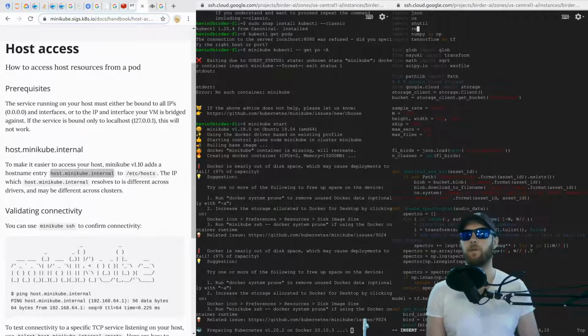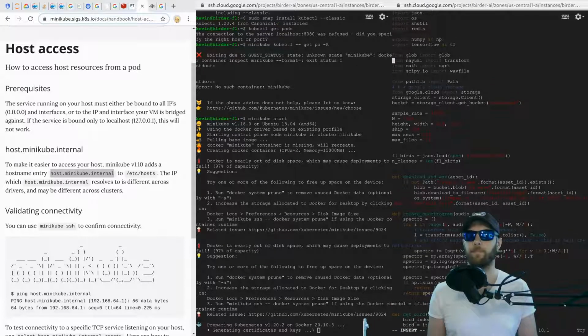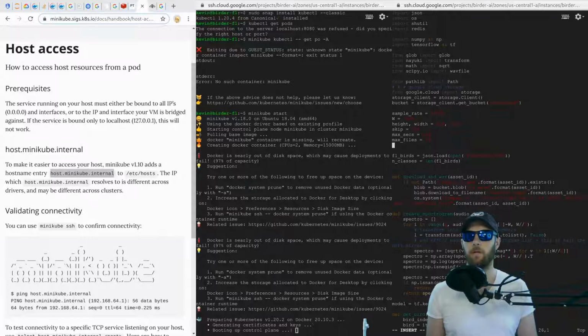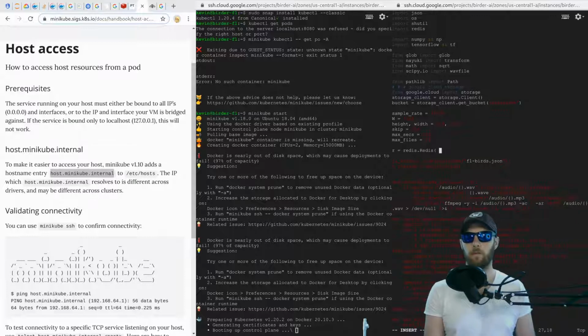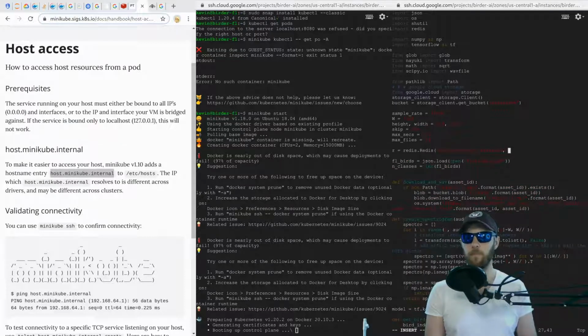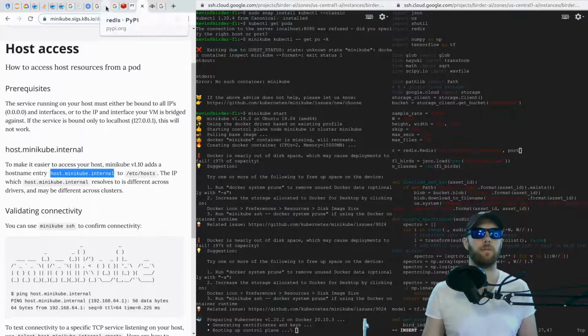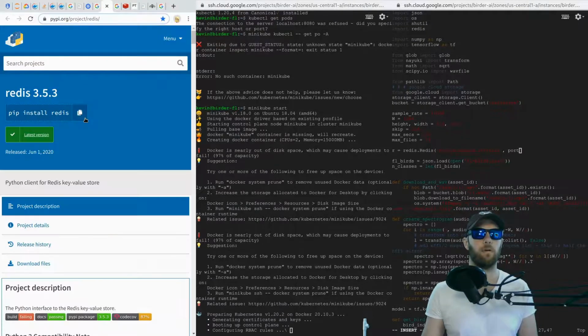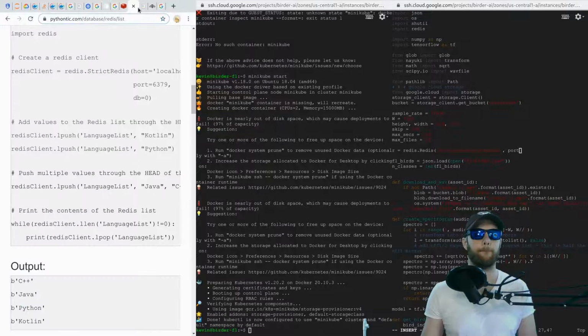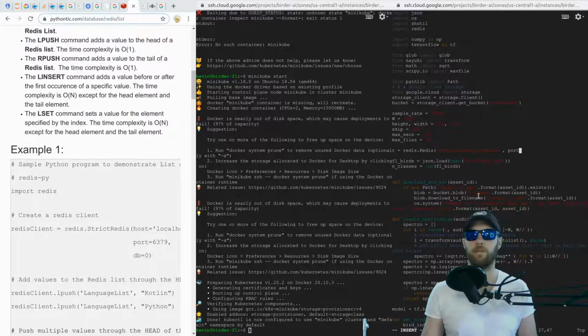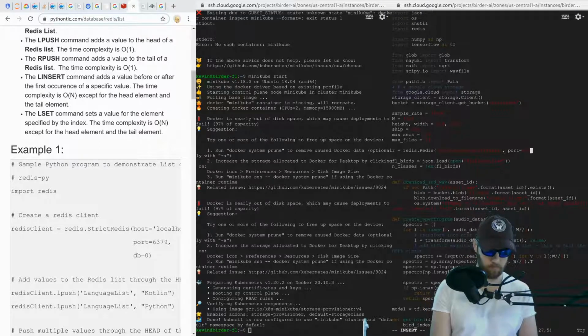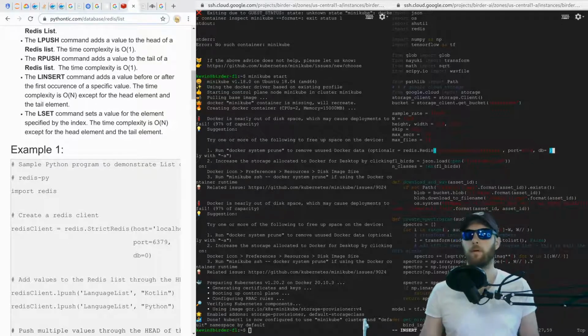We're going to import Redis. And right here, we're going to say r equals Redis dot Redis, port. What port is Redis? 6379. And db equals 0. Okay, and then